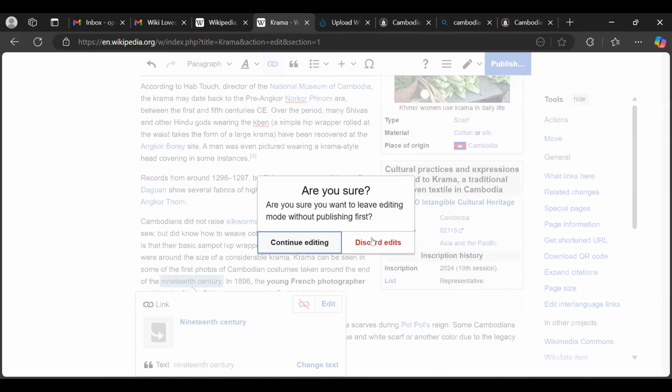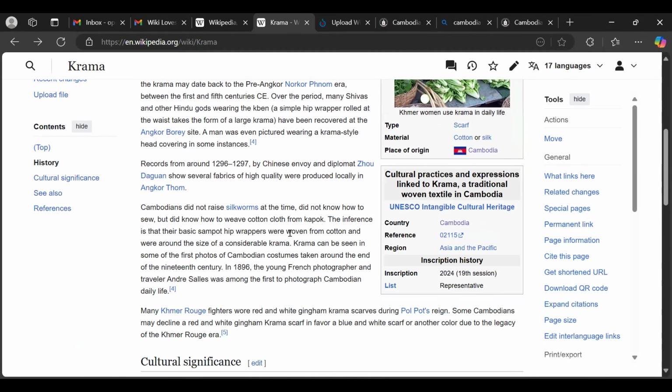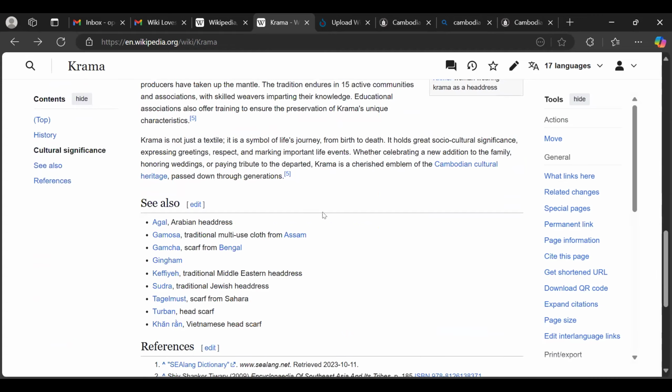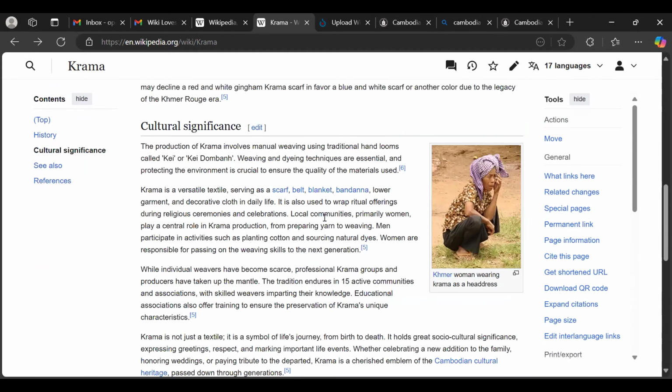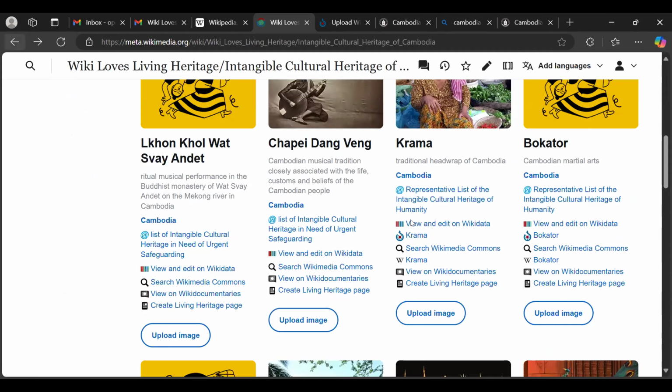So first, try to edit Wikipedia and upload at least one image a day that is related to living heritage based on what I've shared with you. And yeah, you should be good to go. The third project I would like to talk about is the Wikidata item of that particular topic. So this is the Wikidata item.